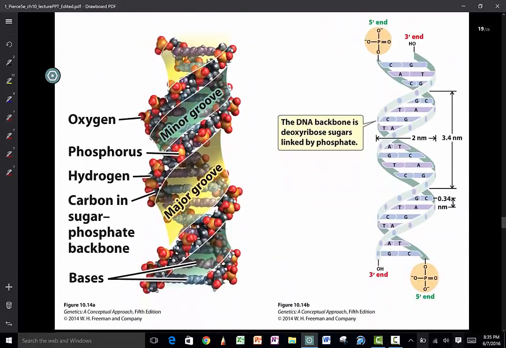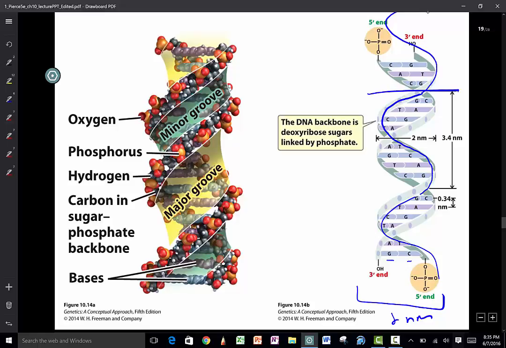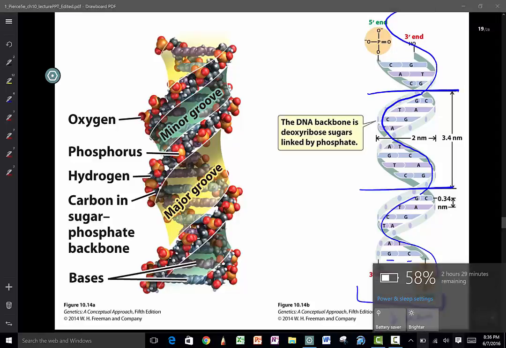And that's kind of what these are, the dimensions. It's 2 nanometers wide. And the reason it's 2 nanometers wide is because we always have a purine and a pyrimidine that are sticking together. We have 10 nucleotides for a full turn of the helix. So here's this helix. It's going around. It gets back to where it started. And then it goes around again. It gets back to where it started. Goes around. And that's called a full turn of the helix. There's 10 base pairs. In between each base pair here, there's